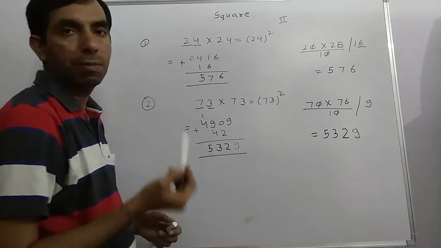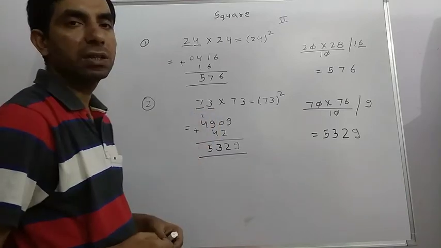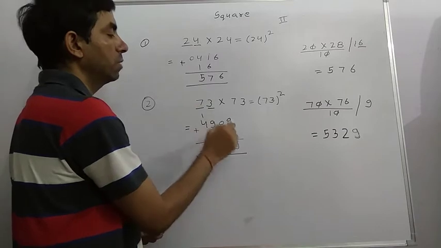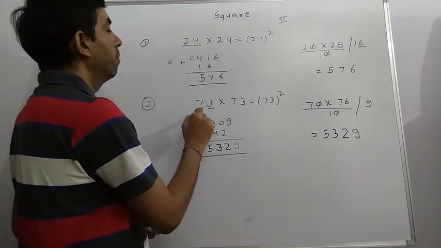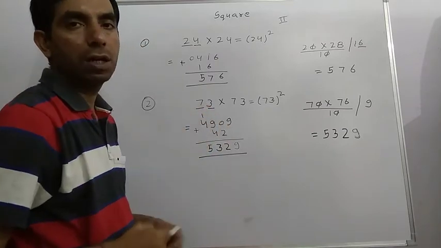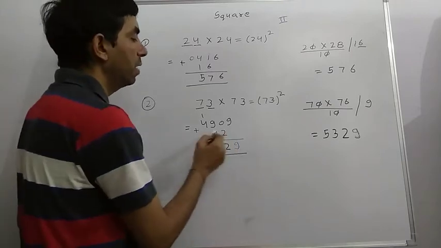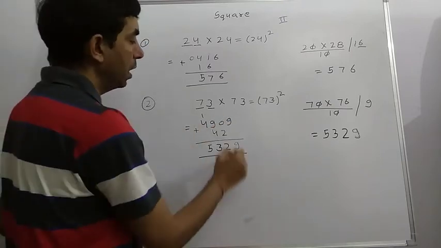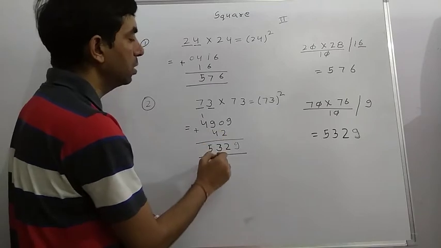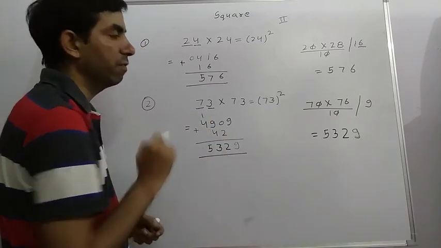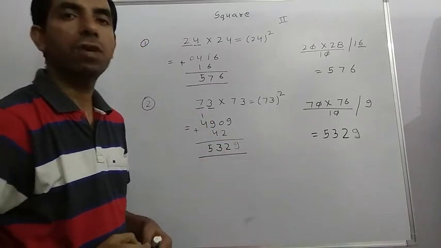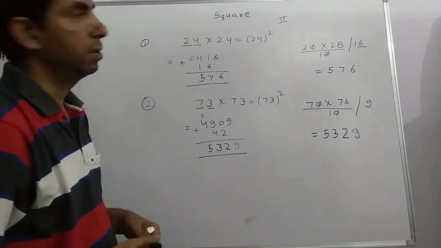Here also, with that method, 7 and 3 are the two parts. Square of 7 is 49, square of 3 is 09. Their multiplication is 21, take double is 42. After one digit, it is written. 9 as it is, 2 as it is, 9 plus 4 is 13, 3 and 1 carry, 1 plus 4, 5. It is our solution by the first method, the separation method.